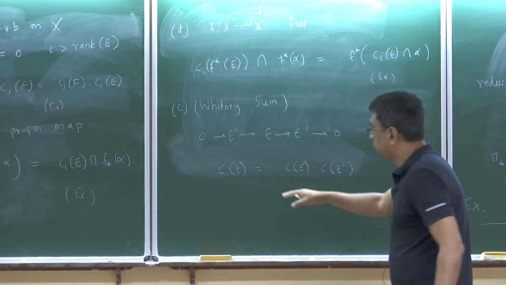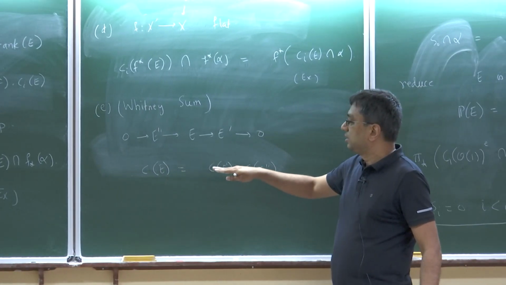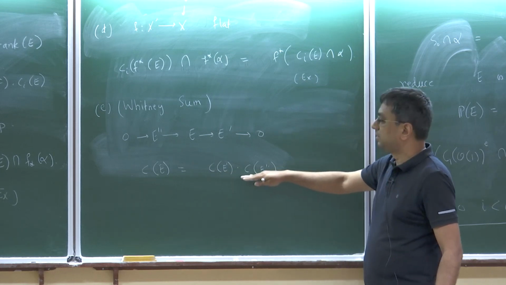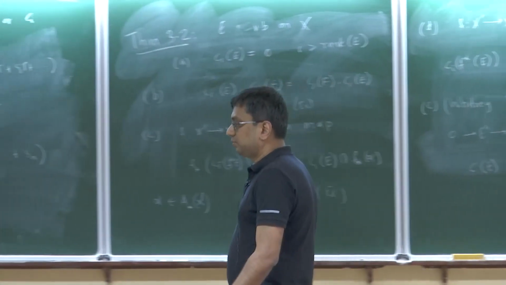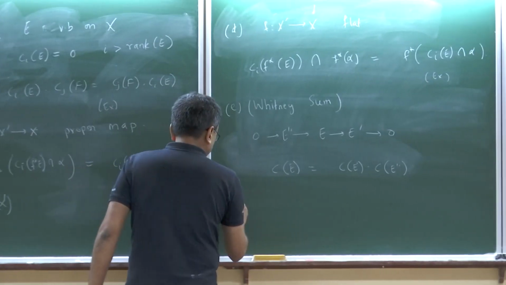Okay, so of course I can expand this and write Cn of E is the summation over i plus j equal to n of Cj of E prime times Ci of E double prime. So this can be expanded. So this is a compact way of writing that same thing. So this we will prove, and